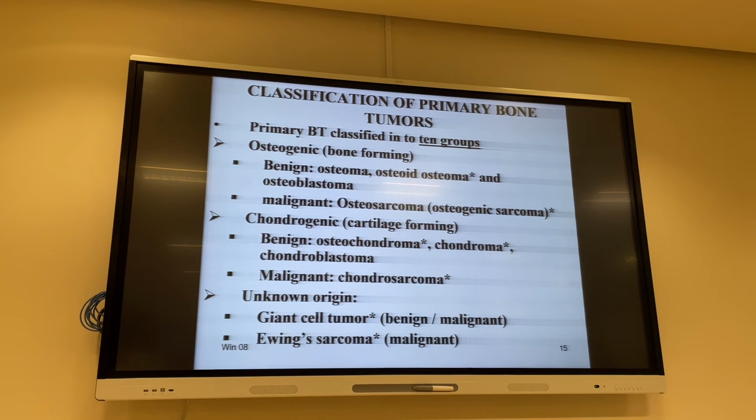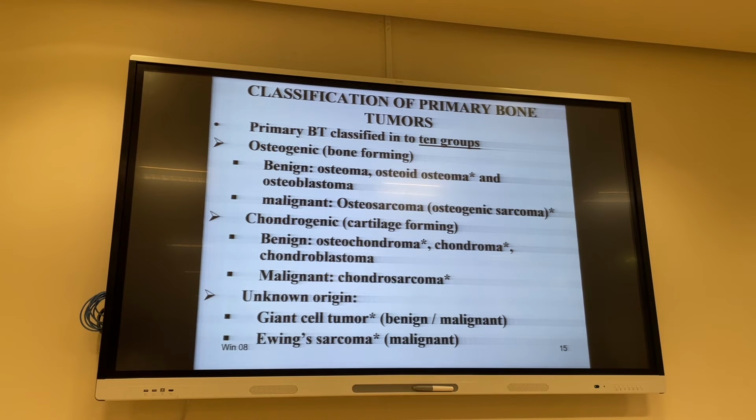At the same time, this same osteoblast may give rise actually to a malignant tumor. In this case, it is the most common malignant bone tumor, the most common tumor that is arising from the bone. That's the osteosarcoma. Okay? Now, if there is a cartilage, cartilage is part of this. There are cells that may give rise to cartilage-producing or cartilage-forming tumors, including the osteochondroma, which is the most common bone tumor,